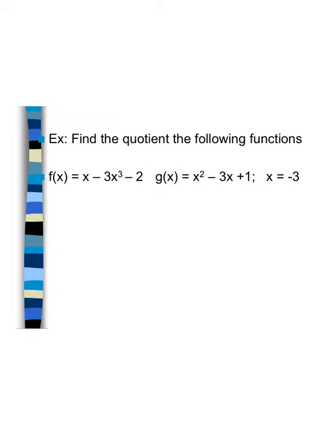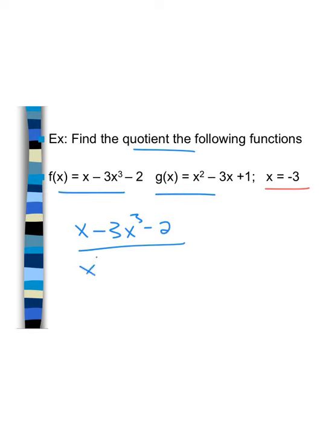All right, for our next example, we're going to be finding the quotient for our two functions. So we're going to find the quotient for f of x and for g of x, and then we're going to evaluate that when x is equal to negative 3. All right, so quotient is just a fancy word to say that we want a fraction. We want to divide these things. I'm going to put f over g, which means I have x minus 3x cubed minus 2 over x squared